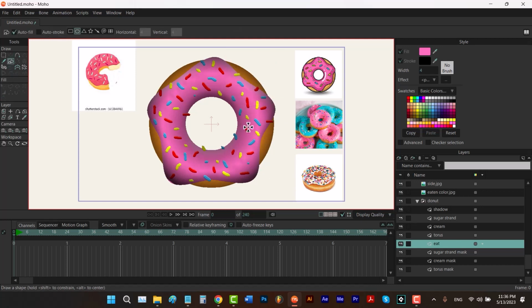So now I'm gonna hit the T key, and because all of these points are selected, I hit the delete key, then I hit A to select the add point tool. Make sure you check auto weld and sharp corners. I check the auto weld because I want to create a closed path, and I check the sharp corners because I want the points of my shape to be sharp. And then I'm gonna draw